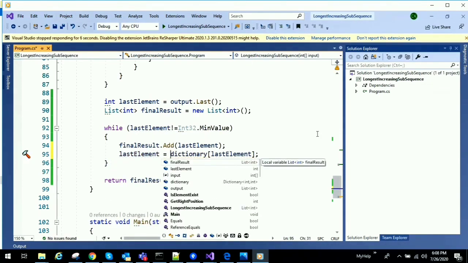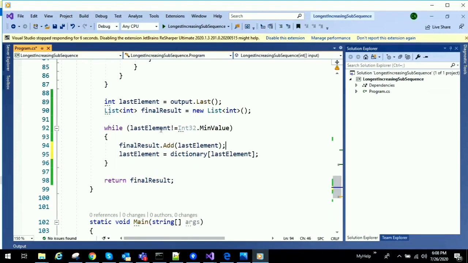So what we are doing here is, initially 10 has come as the last element. It is not equal to the minimum value, and I have added that 10 to final result. Now when we say dictionary of 10, it gives us 6. Now the last element is 6, and again in the next iteration last element 6 is not equal to the minimum value.